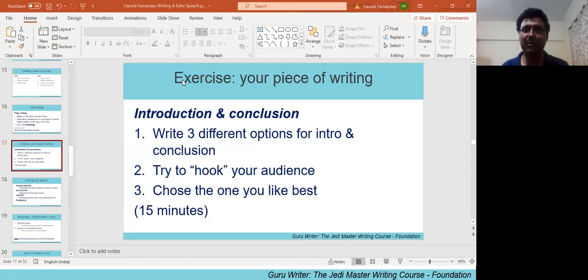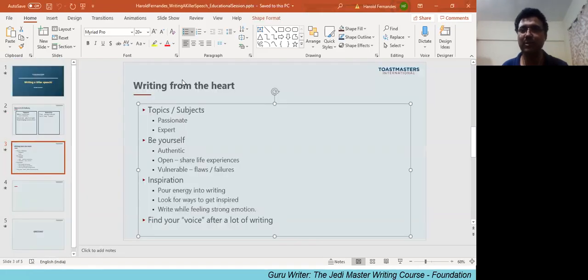I'd like you to type out in your chat window how many words you wrote. Typically, approximately, using a free writing exercise, how much did you write now? Approximately how many words? You can even paste your content into the chat window just so that we can take a look.